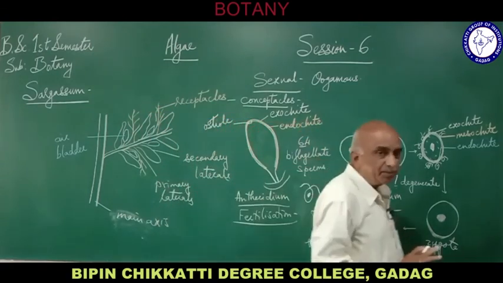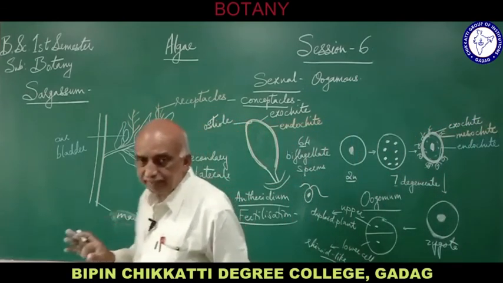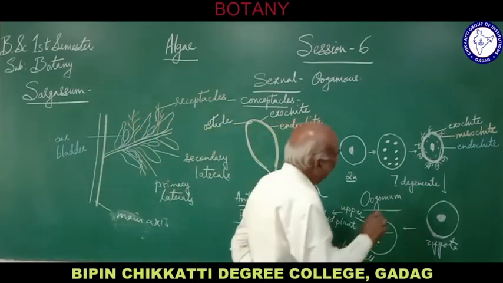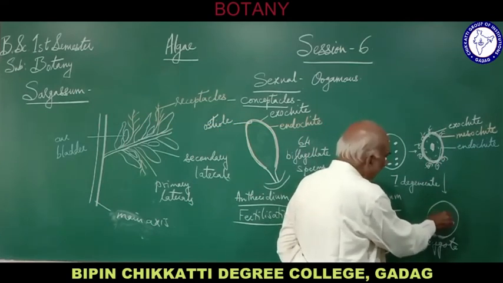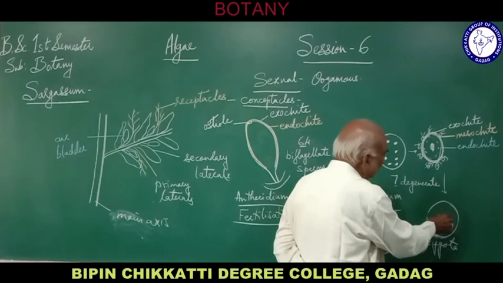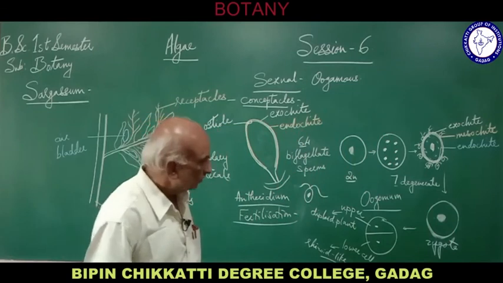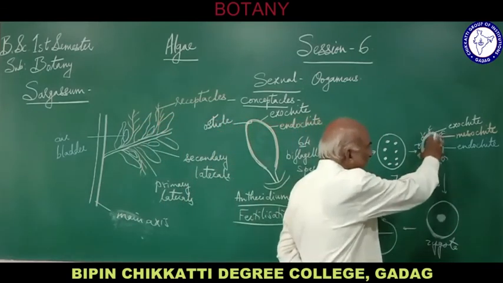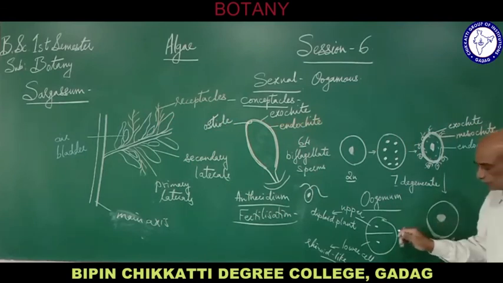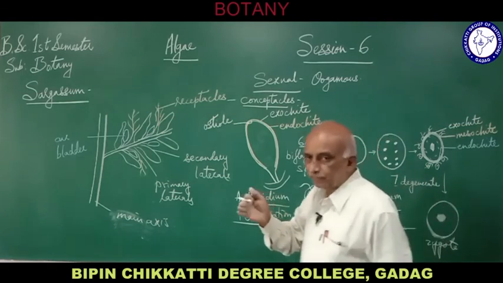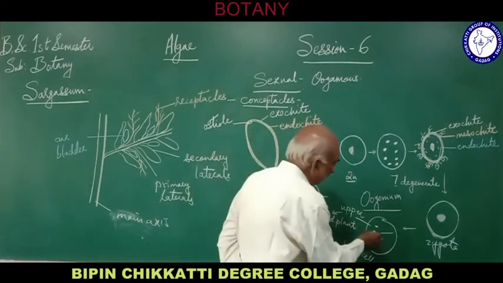So the sperms which are released move towards the oogonium, and many sperms get surrounded by the oogonium, and one of the active sperms will penetrate the oogonial wall and fuse with the female nucleus. The male nucleus and the female nucleus fuse to form the zygote nucleus. This zygote which is formed in the oogonium is released, and when it comes in contact with a solid surface, it will rest on that solid surface and start dividing by mitosis